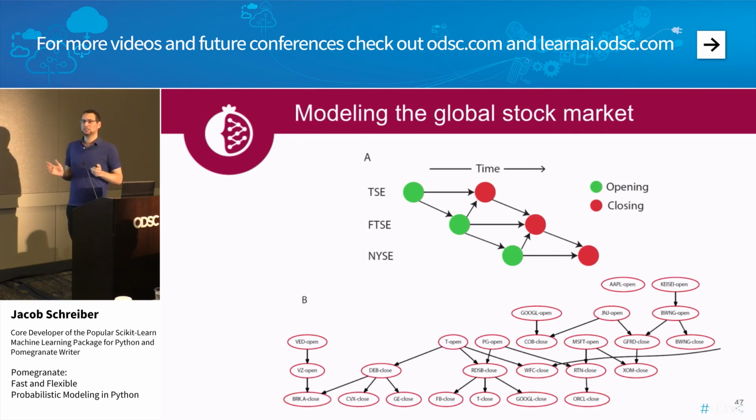So there are a great deal of time-based, temporal constraints between these variables: the opening prices in the Tokyo Stock Exchange can't be influenced by the opening price of the New York Stock Exchange because you haven't seen them yet. So here, the opening prices of the Tokyo Stock Exchange influence the closing prices of it, of course, but also the opening prices of the Financial Times Stock Exchange. Likewise, the opening price of the Financial Times Stock Exchange influences the closing prices of the Tokyo Stock Exchange, which hasn't yet closed when the Financial Times Stock Exchange opens, and so on.